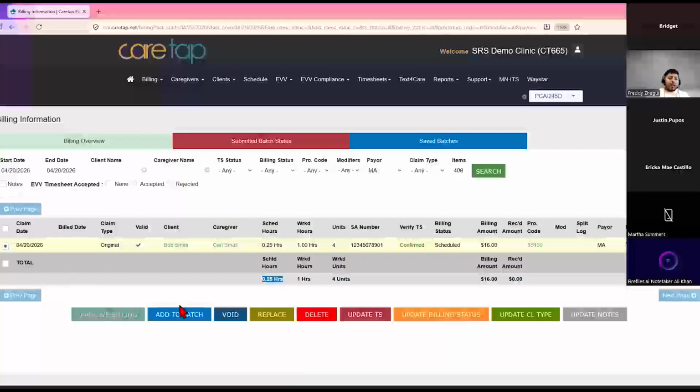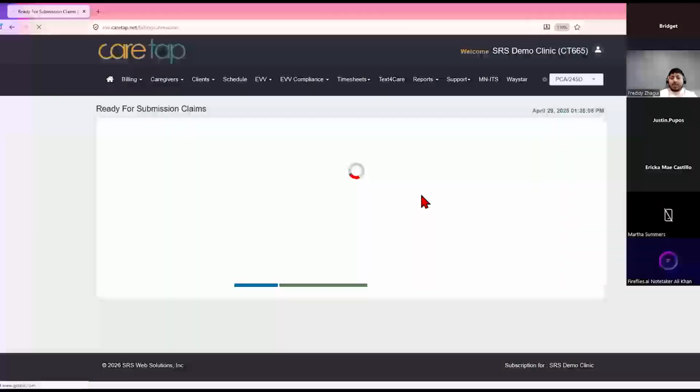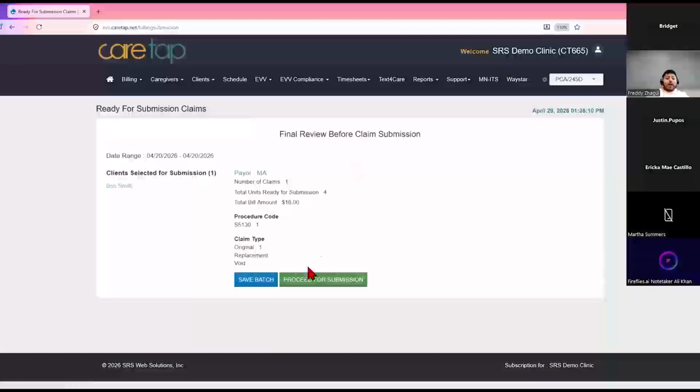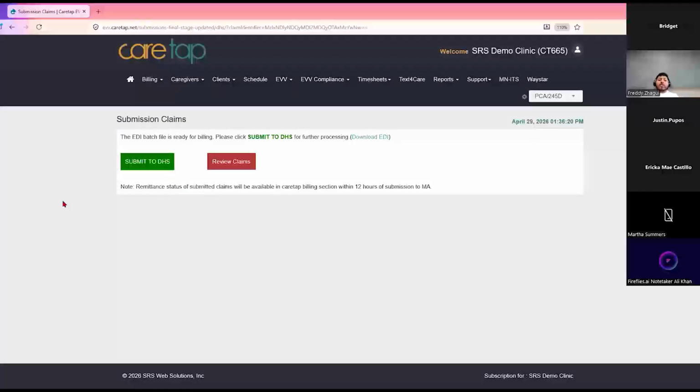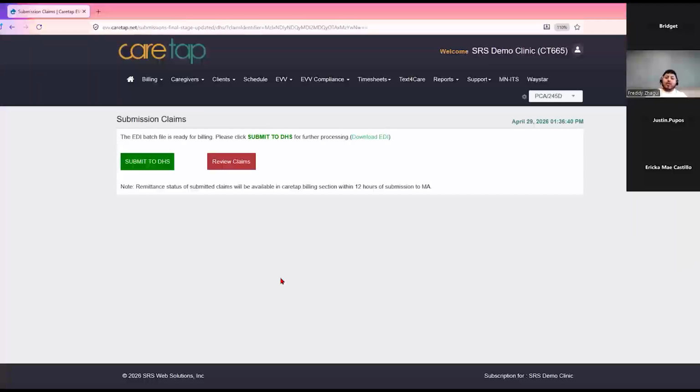So then if we click on approve billing, this is an MA claim, right? For an MA claim, again, you always want to verify here if the amount is correct, and the service procedure code, and then you want to click on proceed for submission. Once you click on proceed for submission, the claim is going to go directly to MA. Okay, so these claims for MA, we're fully integrated with MNITS, so all the claims here are going to go directly to MNITS. Okay, and again, if you want to check the claim statuses in MNITS, it does take 10 to 15 minutes in order for you to see the claim statuses directly on MNITS. Okay,